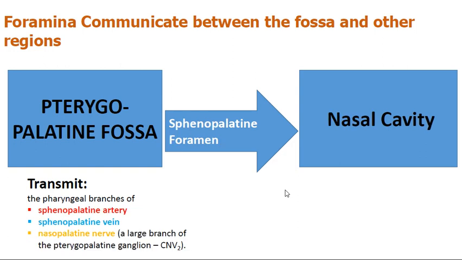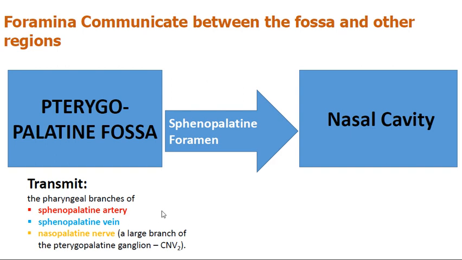And here we have the important communication between the pterygopalatine fossa and the medially located nasal cavity through what is called the sphenopalatine foramen. And this foramen is the way of transmitting the sphenopalatine artery, a very important artery that is supplying or sharing in the blood supply of the lateral wall of the nasal cavity and even the septum of the nose. So it shares in the blood supply,